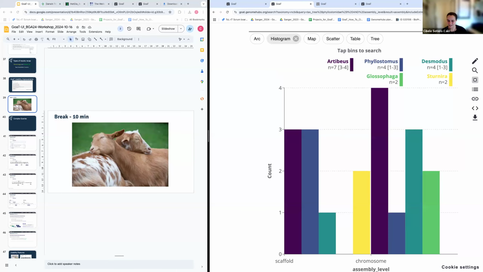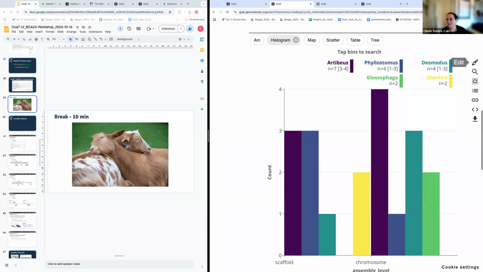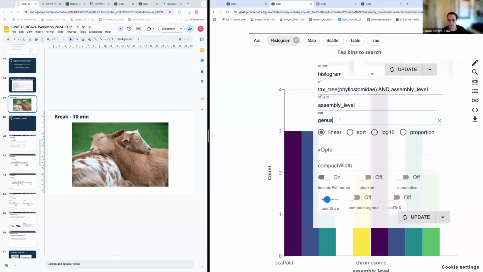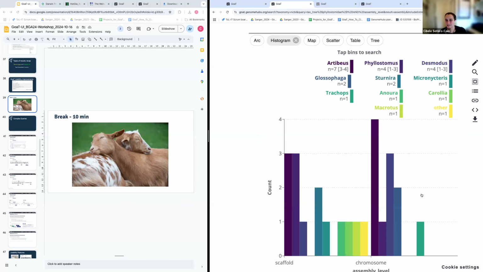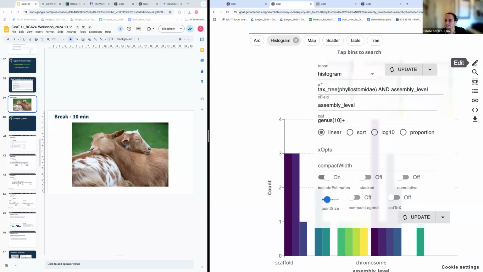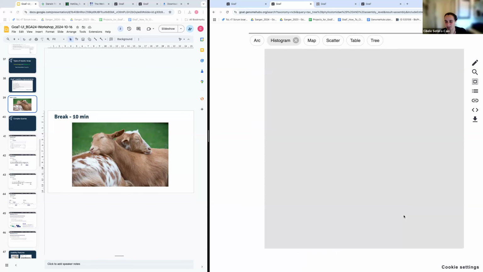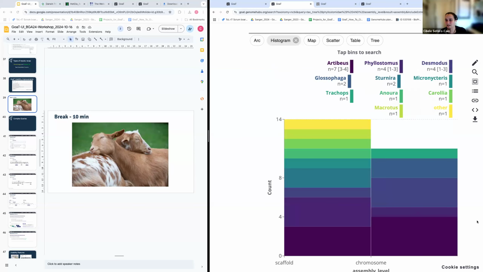Now we have the number per genus, but these are not all of the genera. So I can expand. Say, give me 10 categories or more. Now it's giving me more. It's grouping everything else as other, and still ugly. Stacked. Oh, uglier.